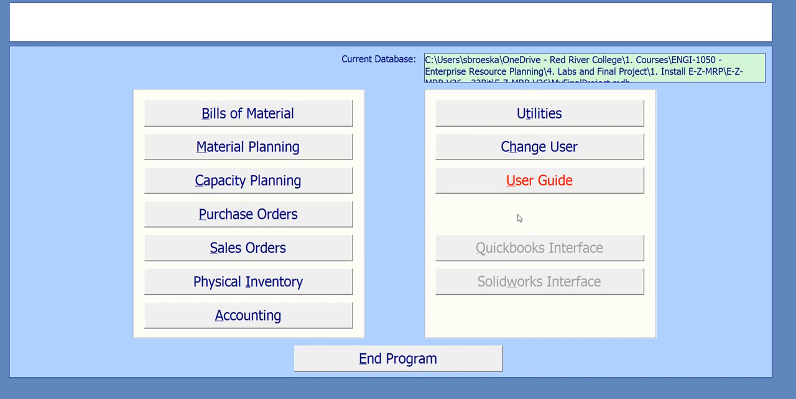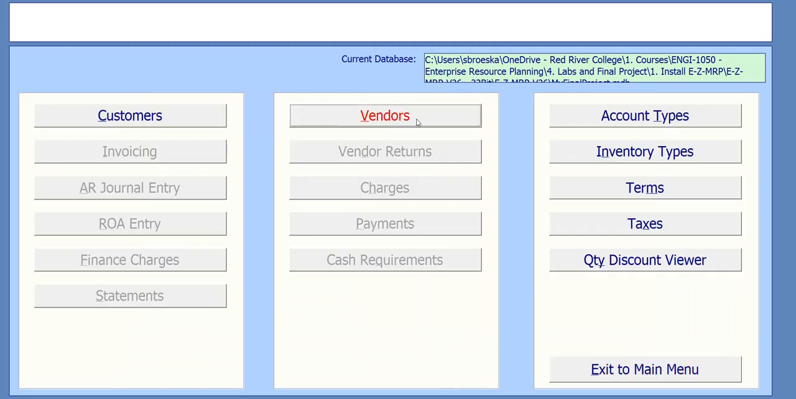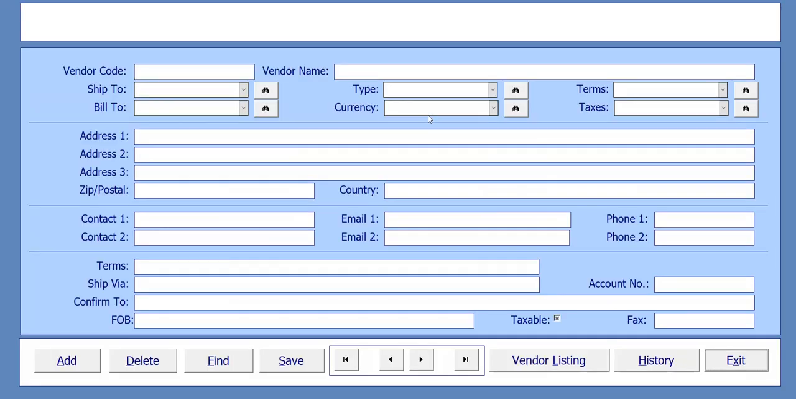Today I'm going to go over entering a vendor into Z MRP. So the first thing you do is head over to the accounting section of the software. Press the accounting button and then click vendors. This brings you to the vendor data screen, and